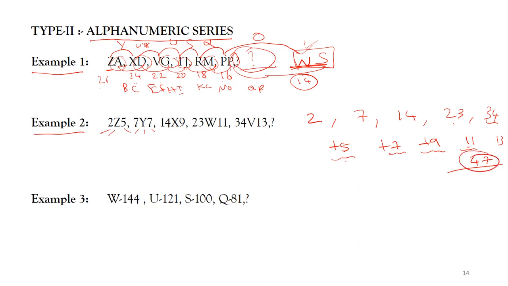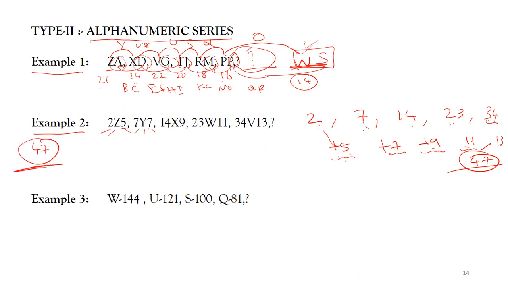Clear? So each and every term is being incremented, starting from plus 5, by 2 each time. So 2 plus 5 is 7, and these are two types of series, where the difference is also one of the series: 5, 7, 9, 11, 13. So 2 plus 5 is 7, 7 plus 7 is 14, 14 plus 9 is 23, 23 plus 11 is 34, 34 plus 13 will be 47. So the first term is 47.